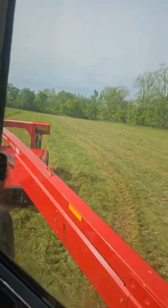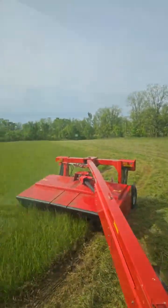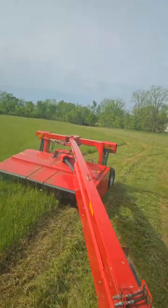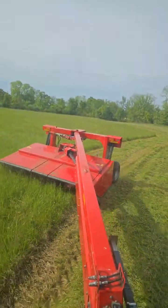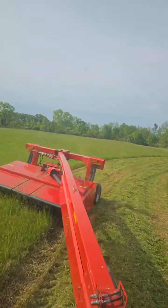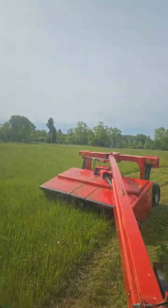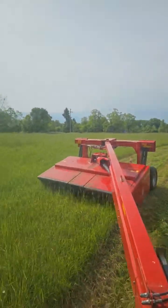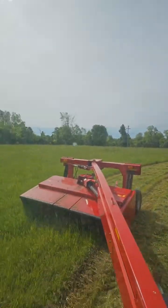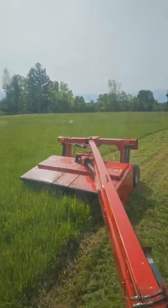So this is a big day for us. Me and my dad purchased this, and my brother purchased this spine last year. What a game changer. I used a 492 hay bind from the 80s for many years. And man, what a pain in the ass. It has that old sickle bar on it. And if you hit anything, you wreck a bunch of them, and you got to change the guards and stuff, kind of like a combine,